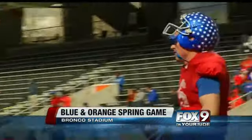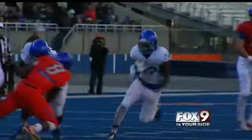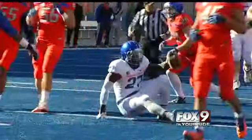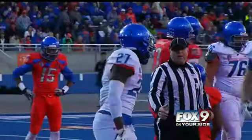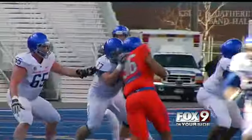down stops. The D-men, wearing orange, led 3-0 in the second quarter, but here comes the Broncos' ground game. Jay Ajayi powers his way for a first down, and then 2 plays later, this touchdown brought to you by the letter J. Ajayi rushed for 69 yards on 11 carries. It's 7-3 offense. A pair of sacks made it 7 apiece just before halftime when Joe Southwick puts together a